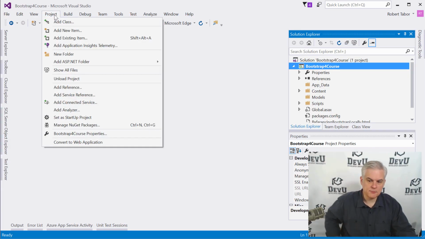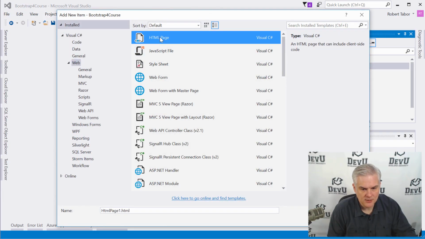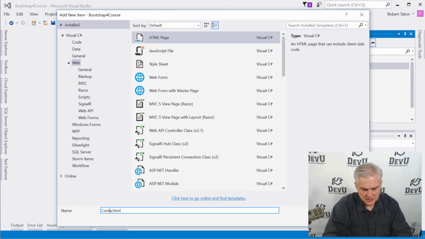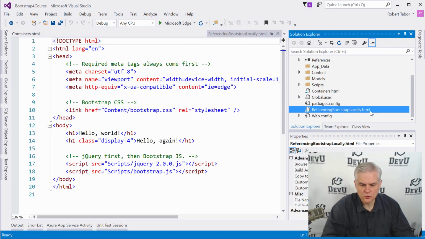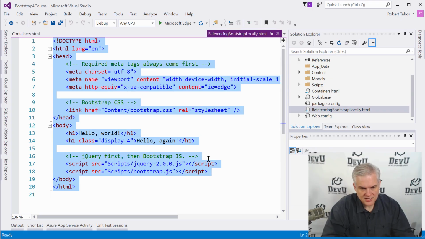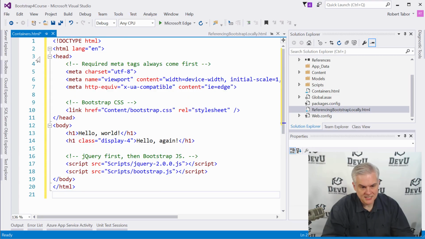I selected the project name Bootstrap 4 course in the Solution Explorer. Now I'm going to click Add New Item, and I'm going to choose an HTML page from the Add New Item dialog, and I'm going to call this containers.html. And inside of here, we're going to modify this HTML that's automatically added for us. I'm actually going to go to the previous work that we've done in the referencing Bootstrap locally.html page. I'll hit Control-A, Control-C to copy it all to my clipboard, and then Control-A, Control-V to paste it into the